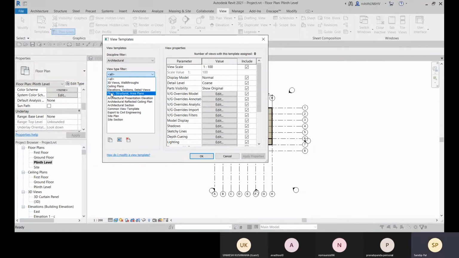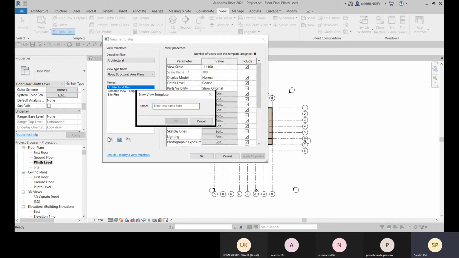So now I'll go with this floor plan, structural area plan, and there I'll go with the duplicate option. So I can create a duplicate from it, and then I can customize it. So let's go with this architectural plan.